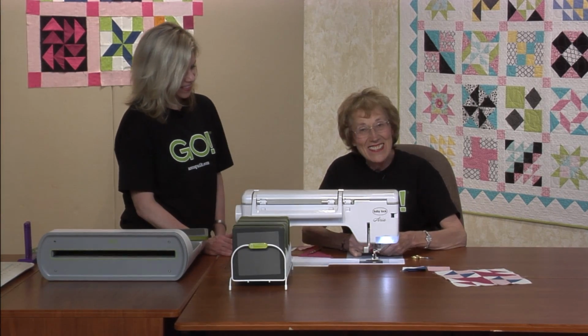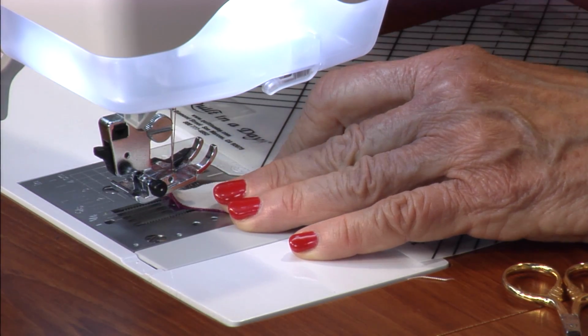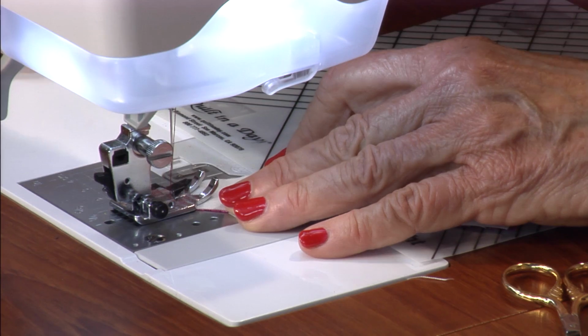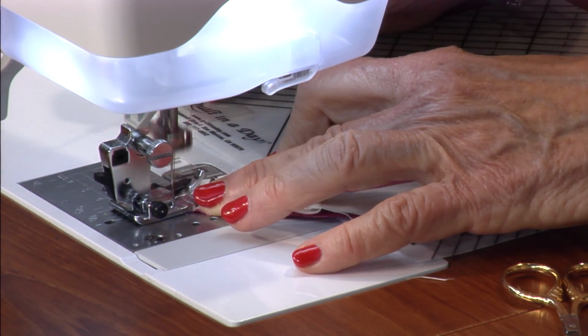Did you ever take a look at antique quilts? Oh my goodness, they just cut off their tips and everything. They didn't care, they just did what they did. Okay,